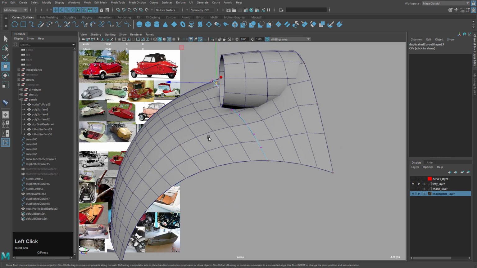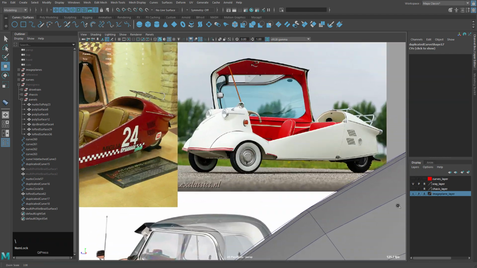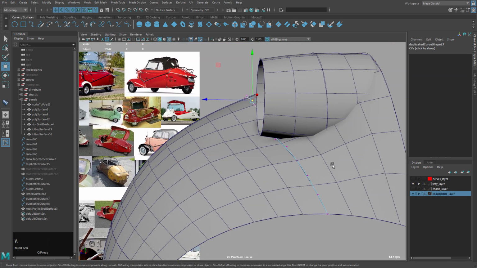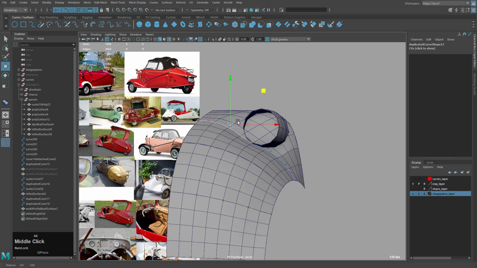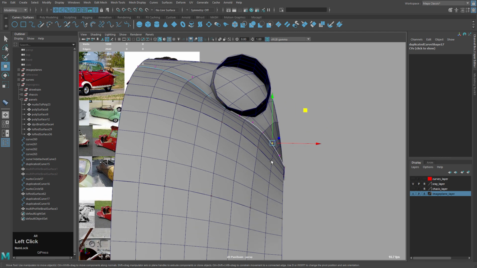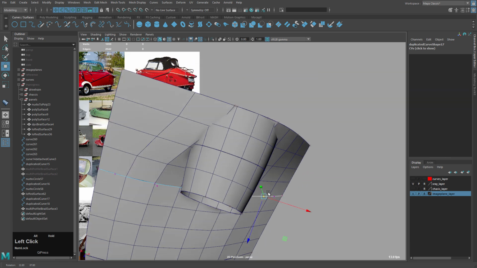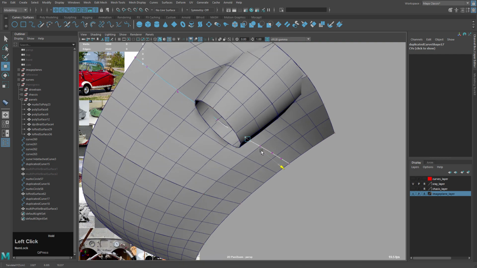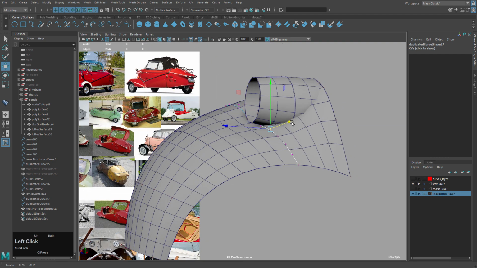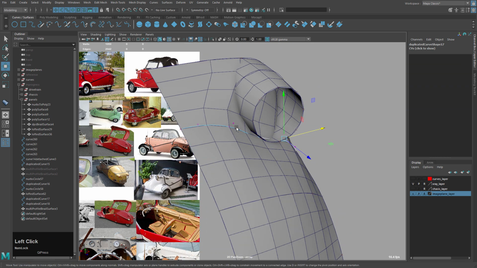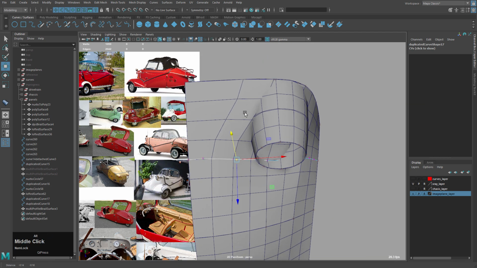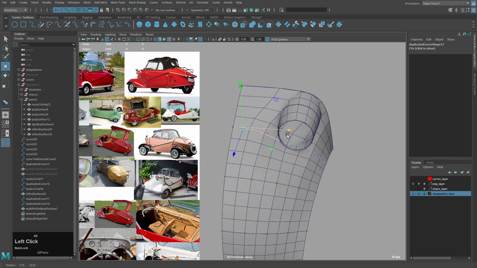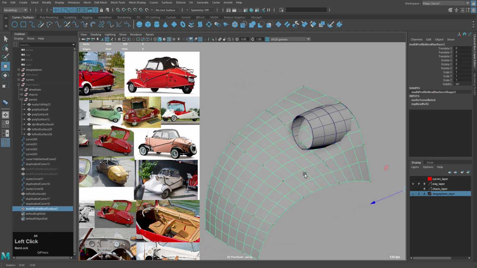We can always look at the reference. Alright, so see how this curve kind of goes in a little bit from the top view. I'm just going to look at that and just kind of pull that out like this. Okay, when I'm happy with it,